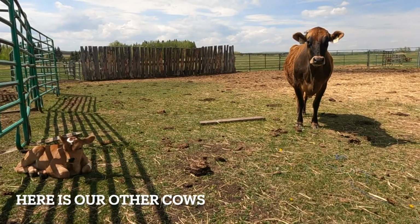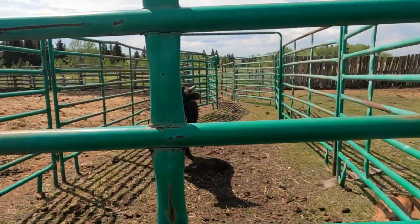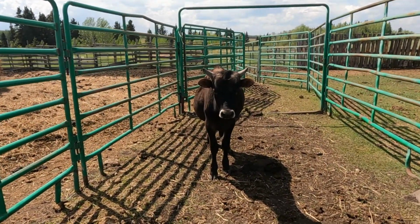We have five dairy, like milk animals right now. So yeah, there's bull calves, and then Fallon,